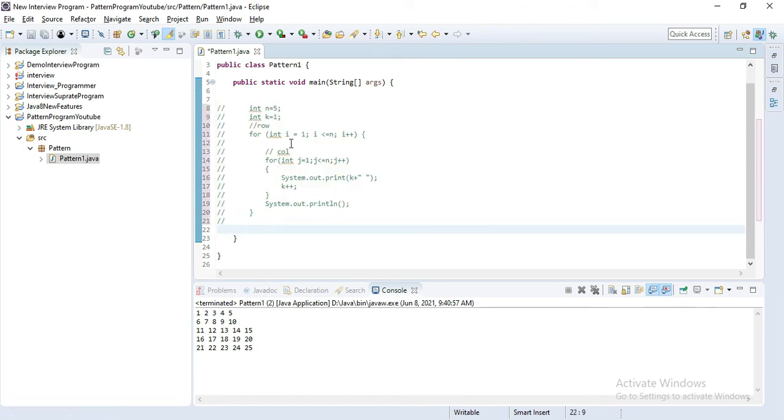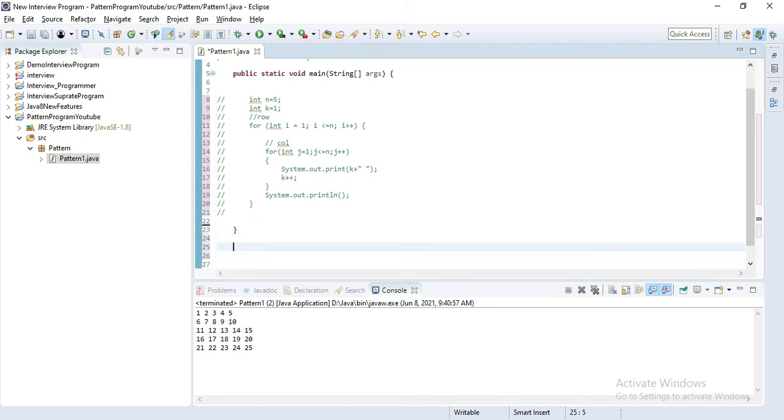You can see here we use two for loops, one for a row and second for a column. I'll simply define two methods, row and column. Instead of for loops we will define those two methods. public static void row.